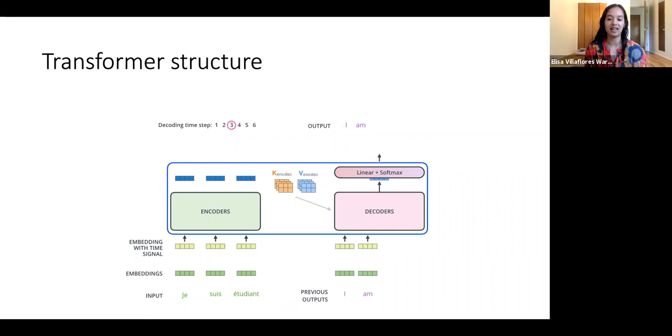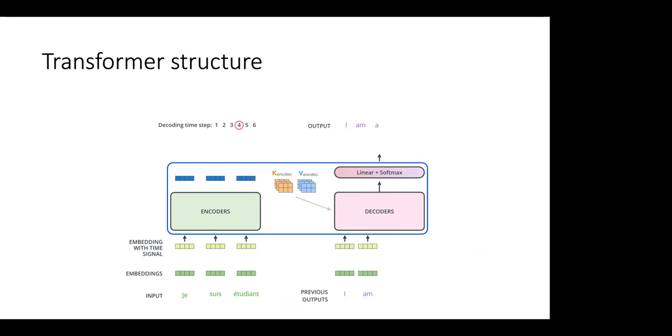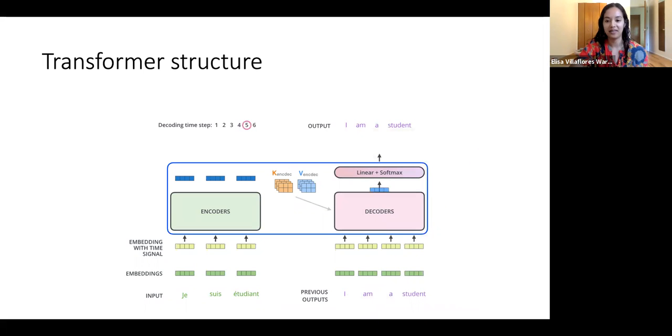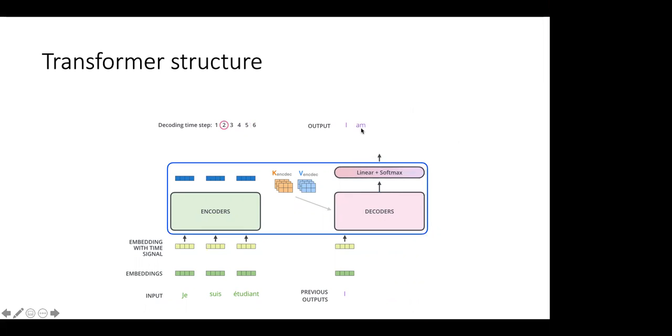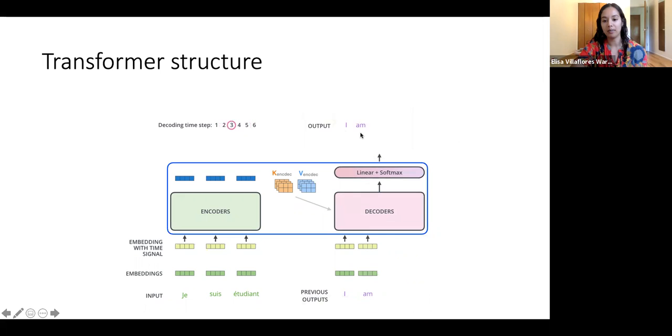So this is only in testing. The animation is maybe going a bit too fast for me. Let me try to understand. We only see the decoder working here, and the decoder is spitting out one word at a time, and then the next word, and it's putting in as its previous output what it has already predicted. Then it will predict again, and return everything it has predicted into the decoder.